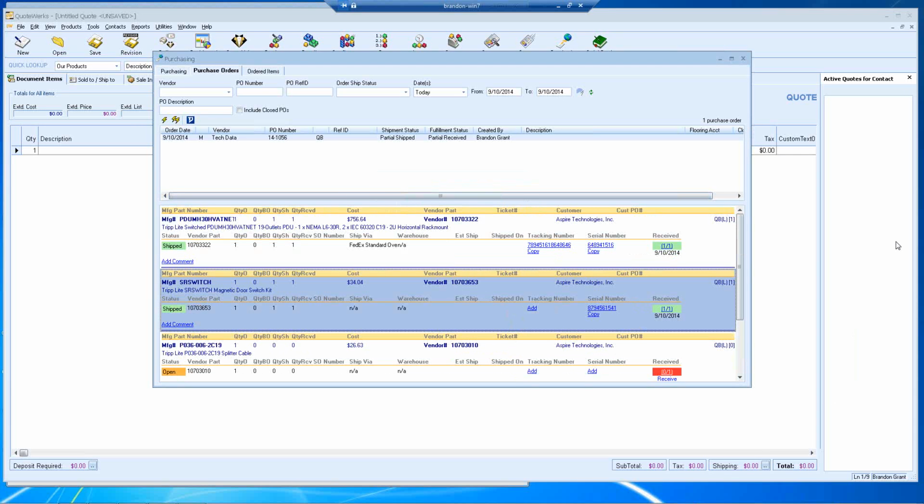So that pretty much wraps up the purchasing functionality in QuoteWorks. Essentially, the important thing to remember is to choose your purchase order integration in QuoteWorks if you're going to use one. If you don't want to use one and just want to create manual purchase orders, you have that option. But you do want to make sure you select, in QuoteWorks under Tools, Options, the Accounting tab, which purchase order integration you're going to use,